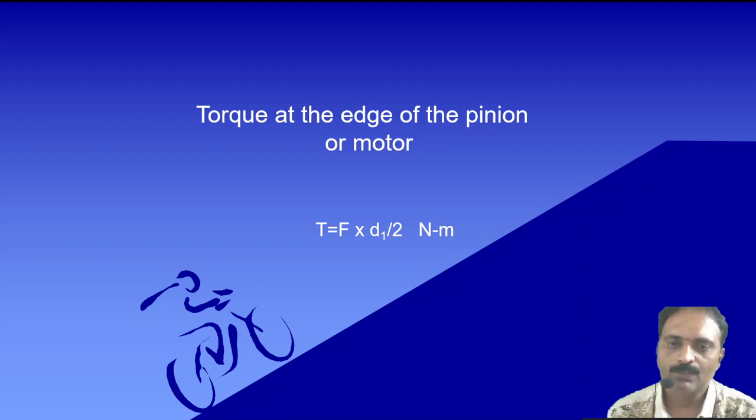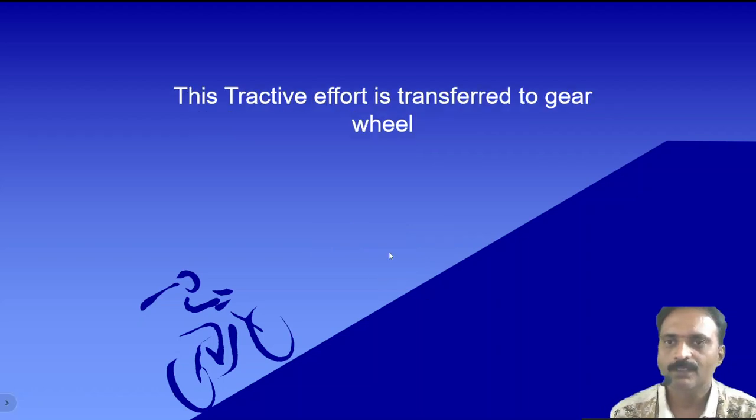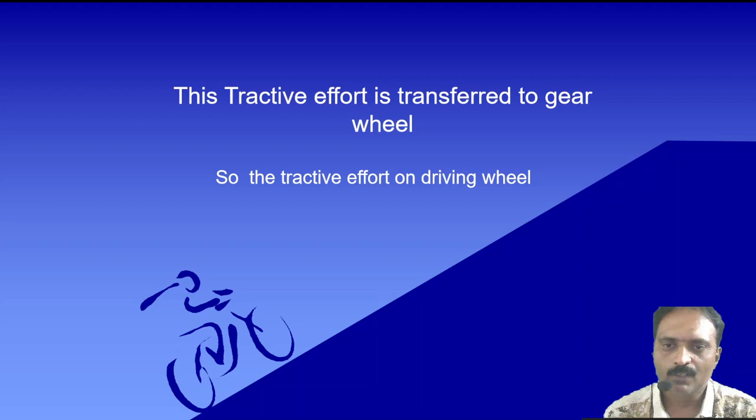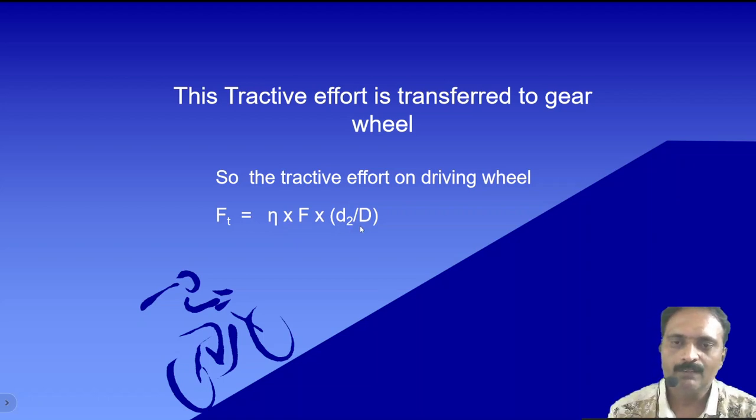So torque is going to be given as the force multiplied by the radial distance. So T is actually the torque exerted by the driving motors, which is the force developed multiplied by the radius of the pinion, given as D1 by 2. So from this equation we get F equal to 2T by D1 newtons, and this input force, when it is transmitted to the driving wheels, the output we are going to get as Ft equal to the efficiency of transmission multiplied by F into the ratio of the diameters of the